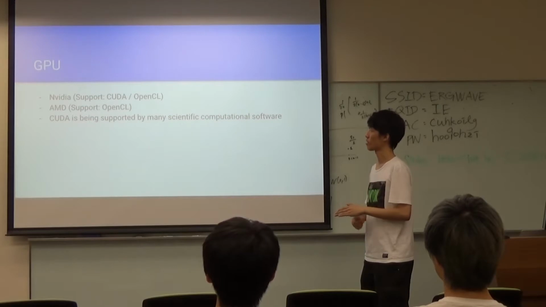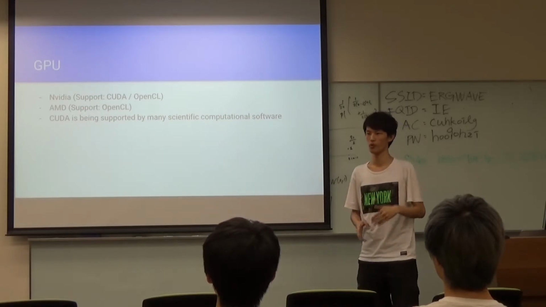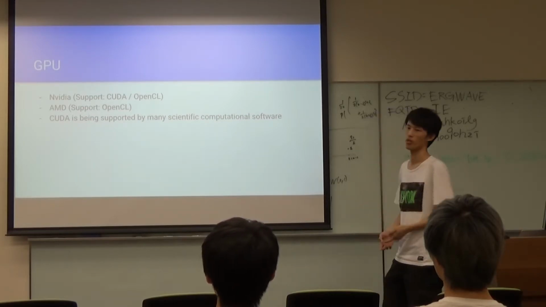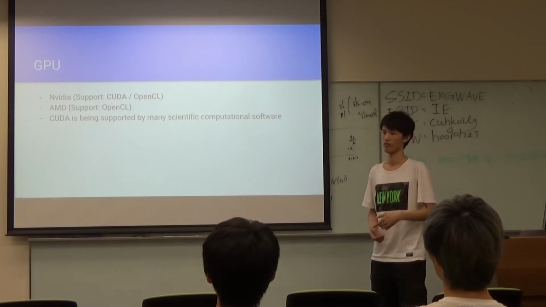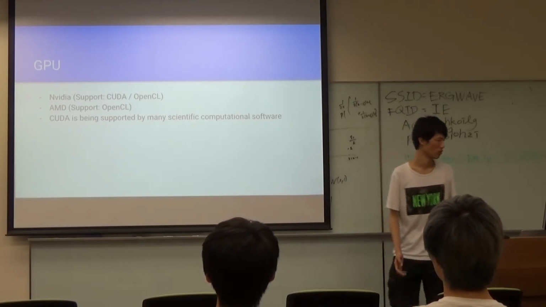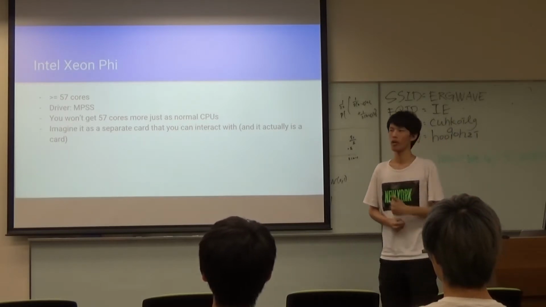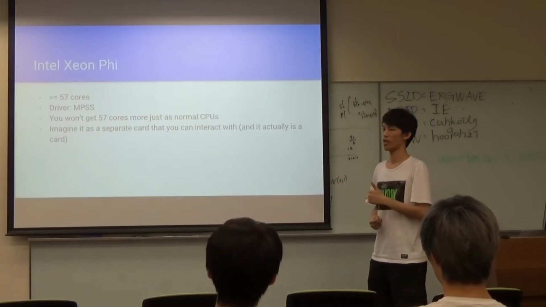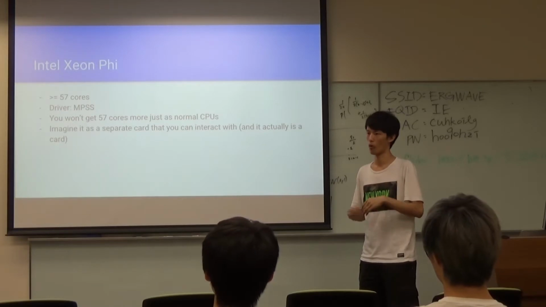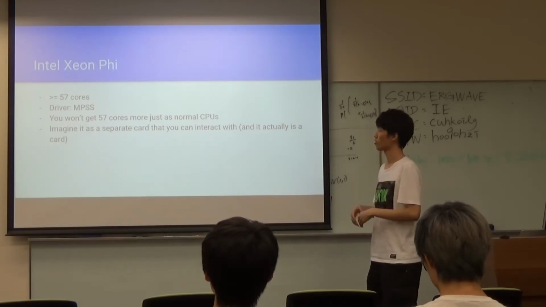So inside some supercomputers, you seldom see AMD GPUs, but rather you see NVIDIA GPUs if there exist any GPUs on the cluster. And then let's talk about Intel Xeon Phi. Intel Xeon Phi is something that you got 57 cores or more on it, and then you got a separate